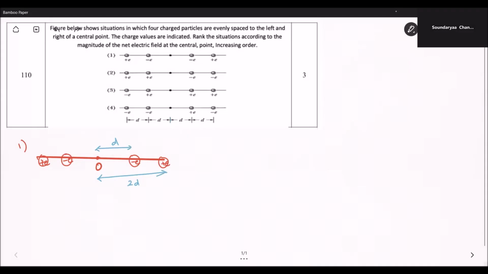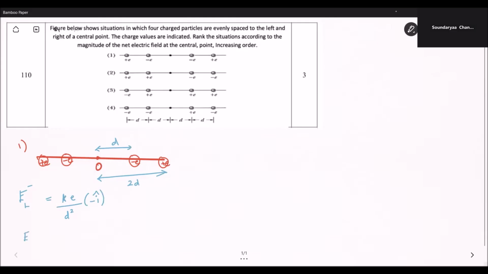So let's write the electric field at the center O due to the negative charge present on the left side is equal to kq by r square, which is the formula for electric field, right? So ke divided by r square, meaning the distance square. So ke by d square. What is the direction of electric field at center O due to negative charge? It is radially inward. So let's write that as ke by d square into minus i cap.